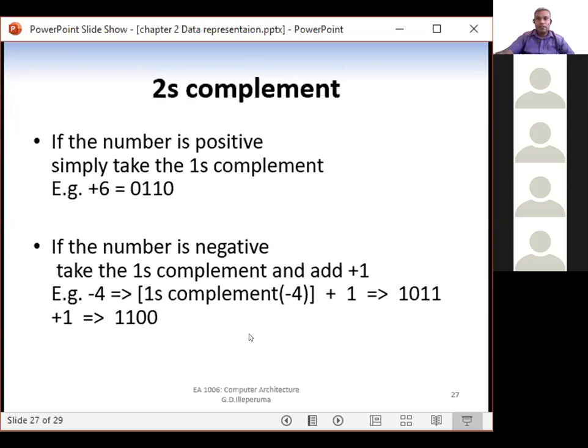For example, here we want to take the minus 4, the twos complement. So the first step is, this is again possible. In this case, we took the ones complement of the minus 4 and then add 1 and you get the result. But if you do it the other way around,